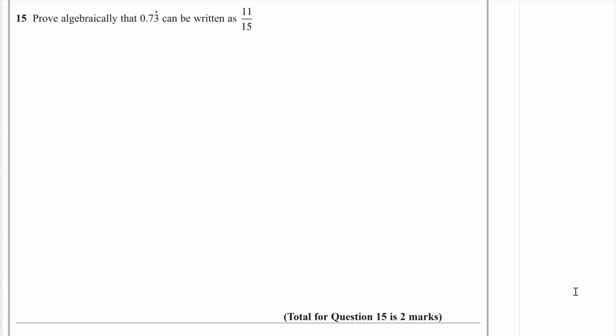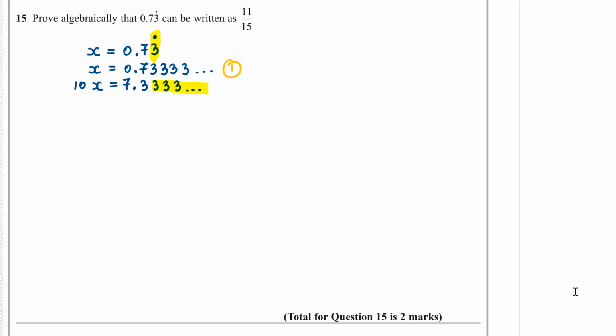Question 15. Prove algebraically that 0.73 recurring can be written as 11 over 15. Let x equal 0.73 recurring. Then, writing out the recurring part, this is the same as 0.7333 and so on. If we multiply both sides by 10, we have 10x is equal to 7.333 and so on. The reason we multiply this is so we have two equations that we can subtract from each other and eliminate the recurring part. Labeling the equations 1 and 2, equation 2 minus equation 1 will be 10x minus x, which is